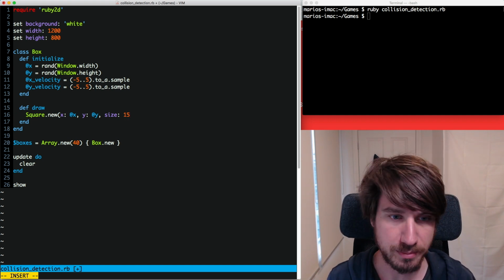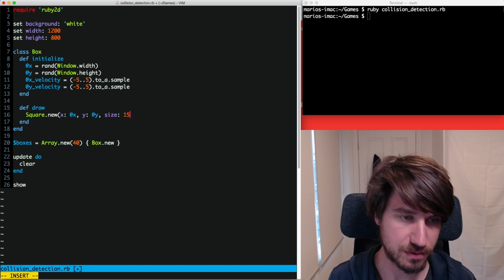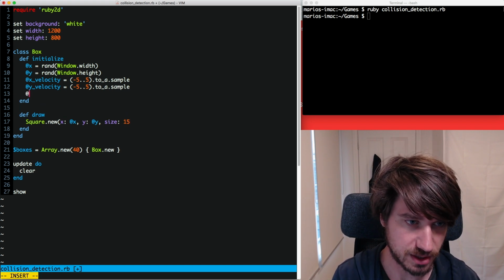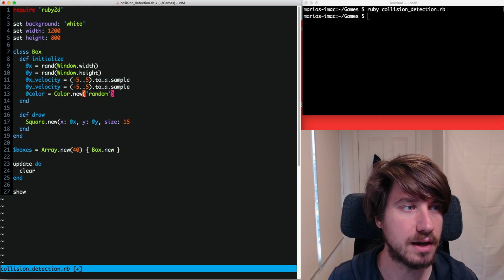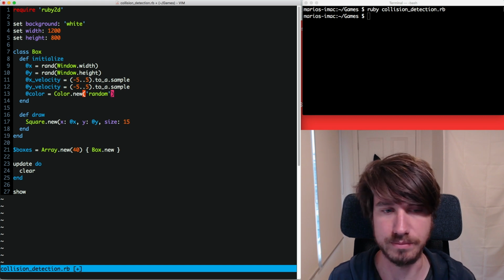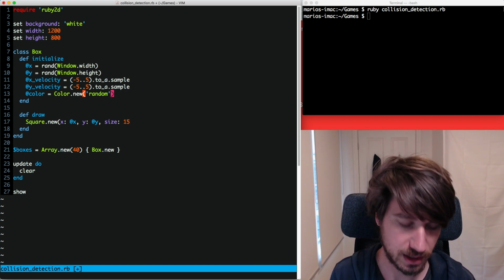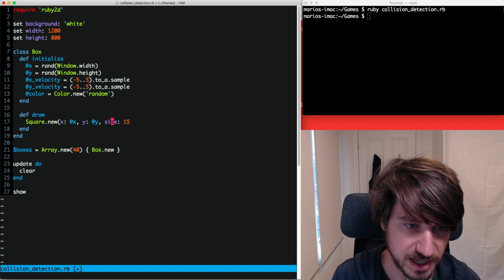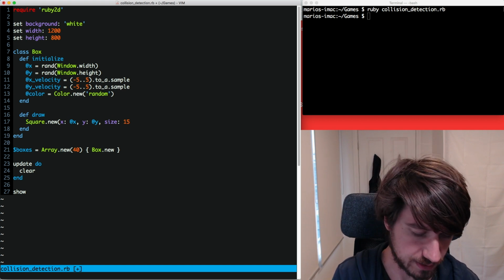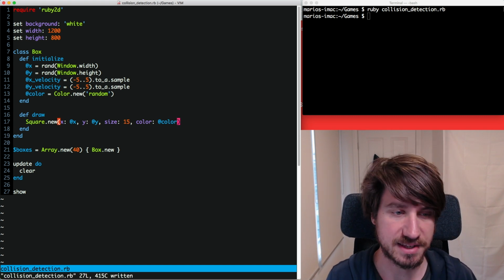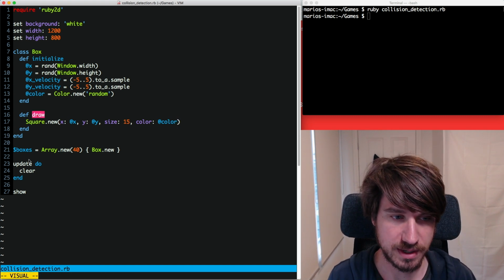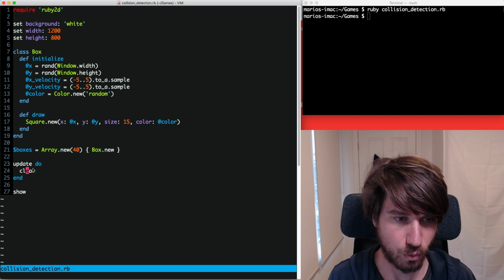So one cool thing might be just to randomly pick a color for each of the boxes. So I'm going to do that in the initializer here as well. So I'm going to say color equals Color.new, and you can give it the string 'random', and then that will just randomly generate a color for us. So our X position, our Y position, the size, and the color. Okay. And lastly, I just need to call this method inside of our loop